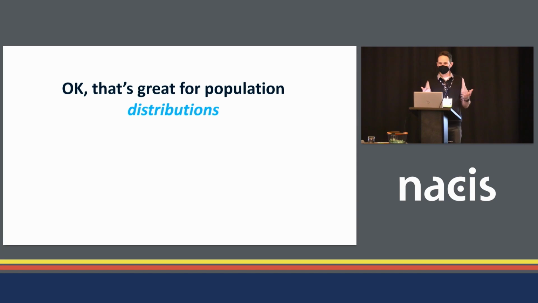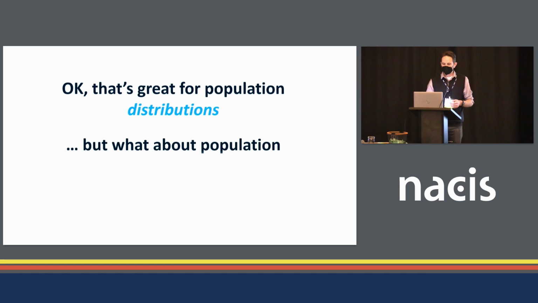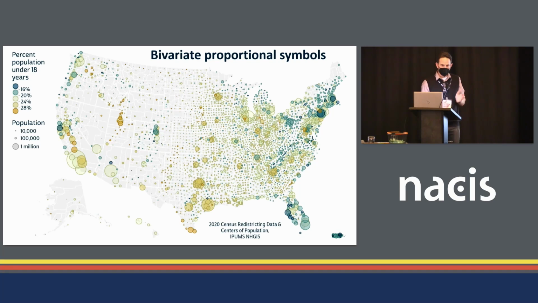Okay, so, proportional circles are great for mapping size. Well, for the second part of my talk here, I want to make a big spiel for bivariate proportional symbol maps, because they are kind of like centers of population, an underutilized resource, although we've heard of them before. You can map population characteristics with proportional symbols if you vary the colors of those symbols. This map is showing the percent of population that's under 18. And because the circles are sized according to population, it's a lot like a cartogram, except easier to read, easier to recognize the locations. And you're really looking at